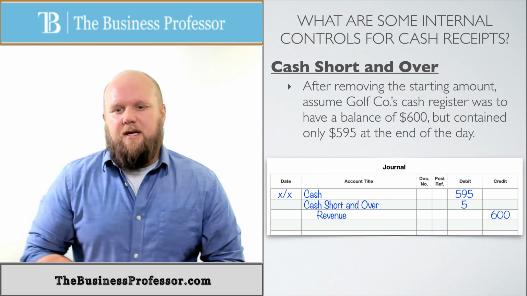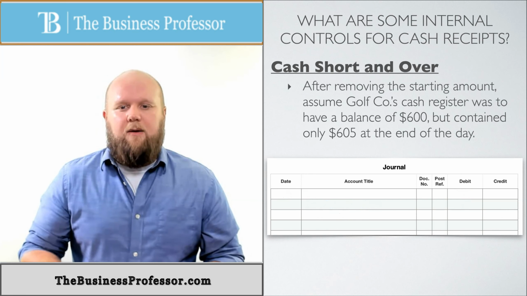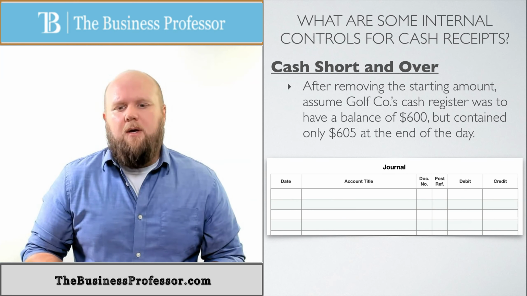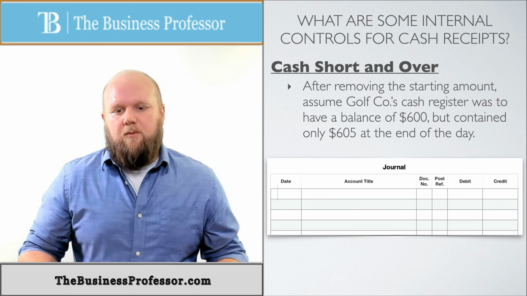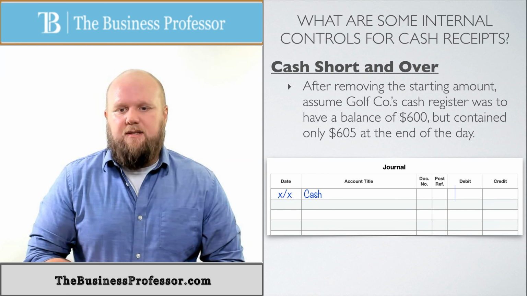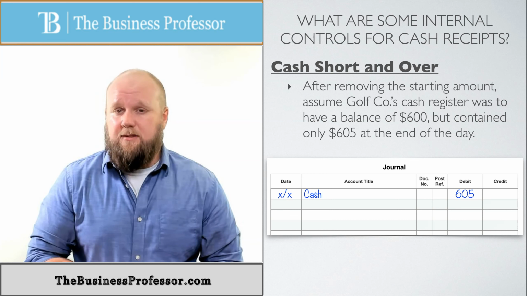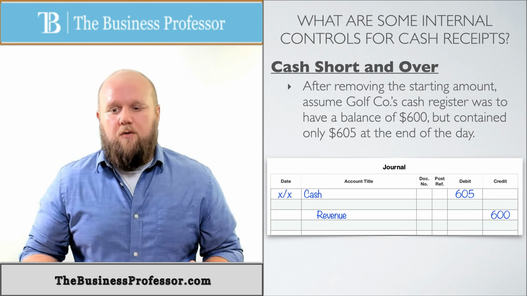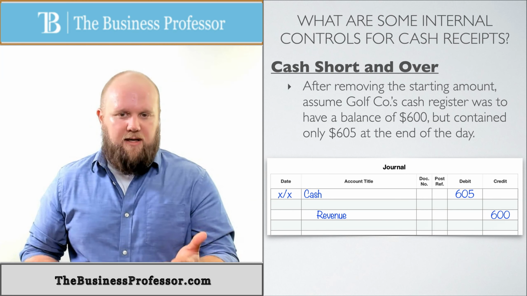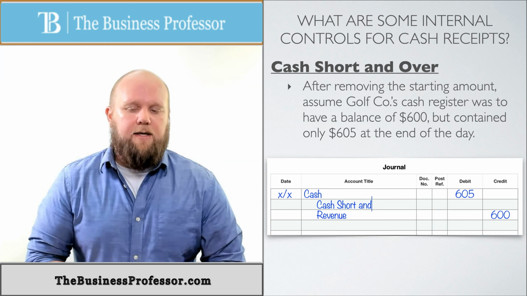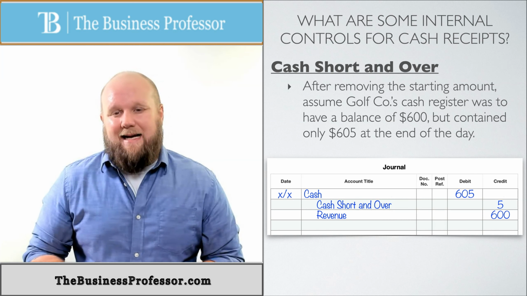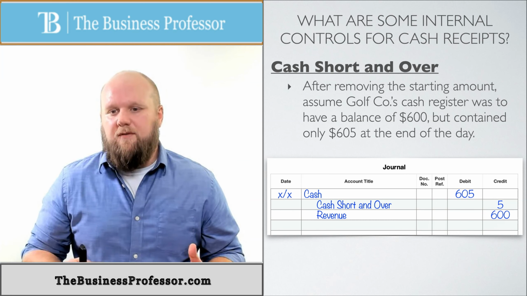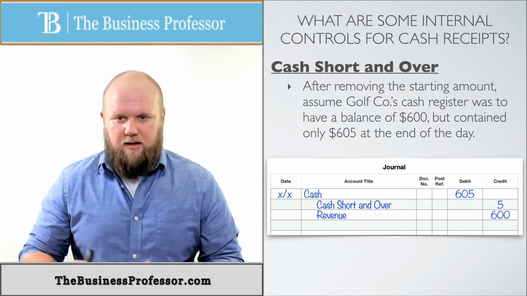I'm going to give you another example just to show you the other side of it real quick. What if they were to have 600, but they actually had 605? So in this example, we're actually $5 over. So again, we'll have cash of the 605, excuse me, because that's what we actually had. We have the revenue of 600 because that's what we earned. And then this time, because we're over, we're going to put the $5 on the credit side. That would mean my debits and my credits equal. And I'm going to call it cash short and over for the $5 again. That's how you handle the cash short and over account. We'll use it to force it, but it's only for minimal amounts. We're not talking about hundreds of dollars here.